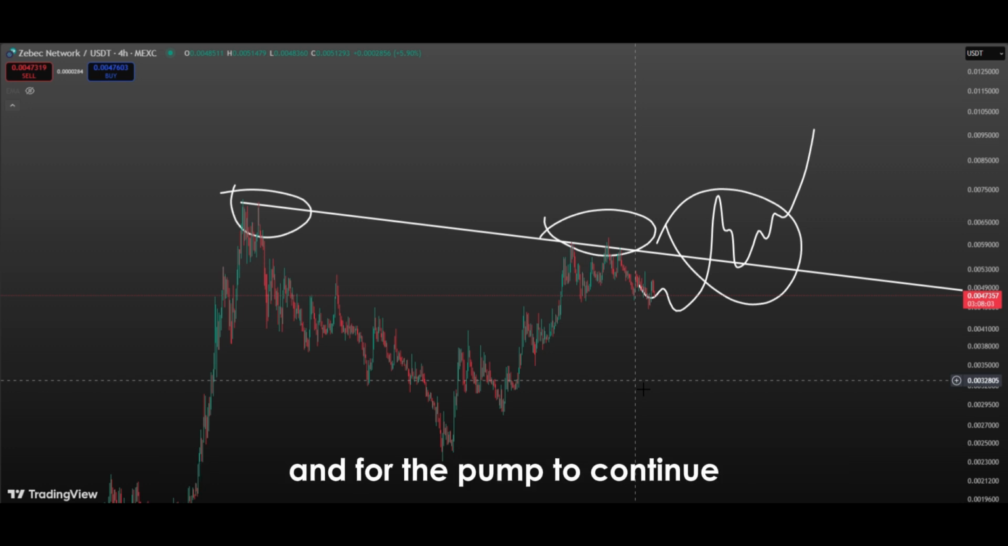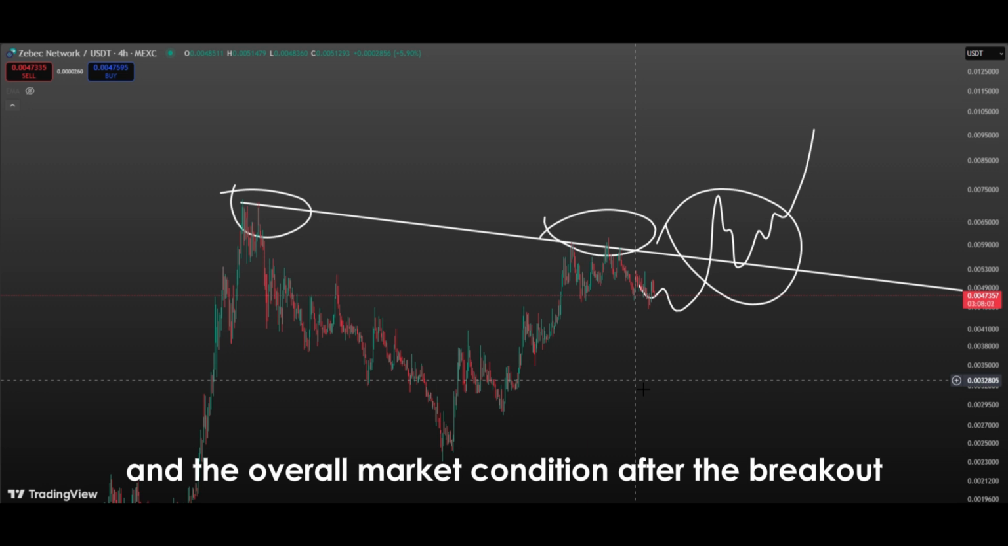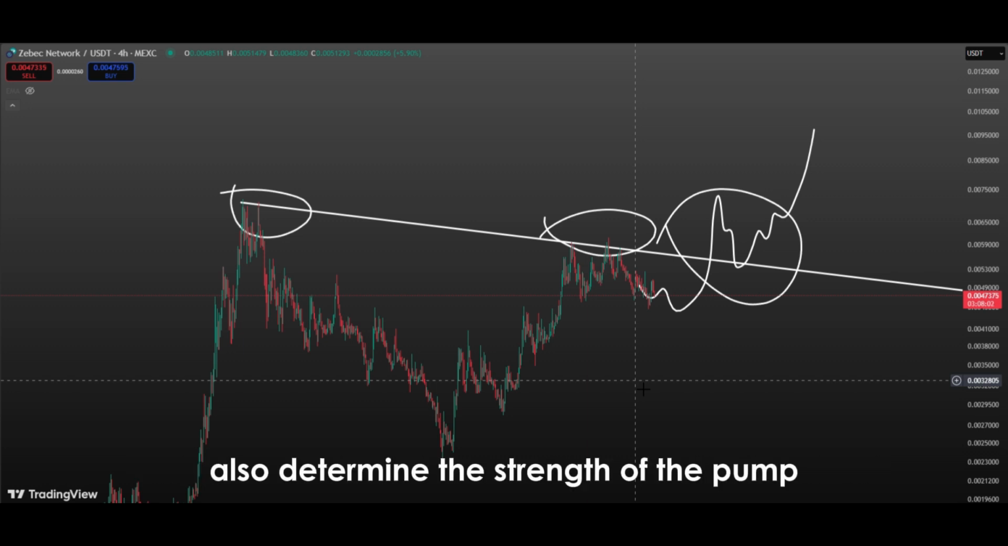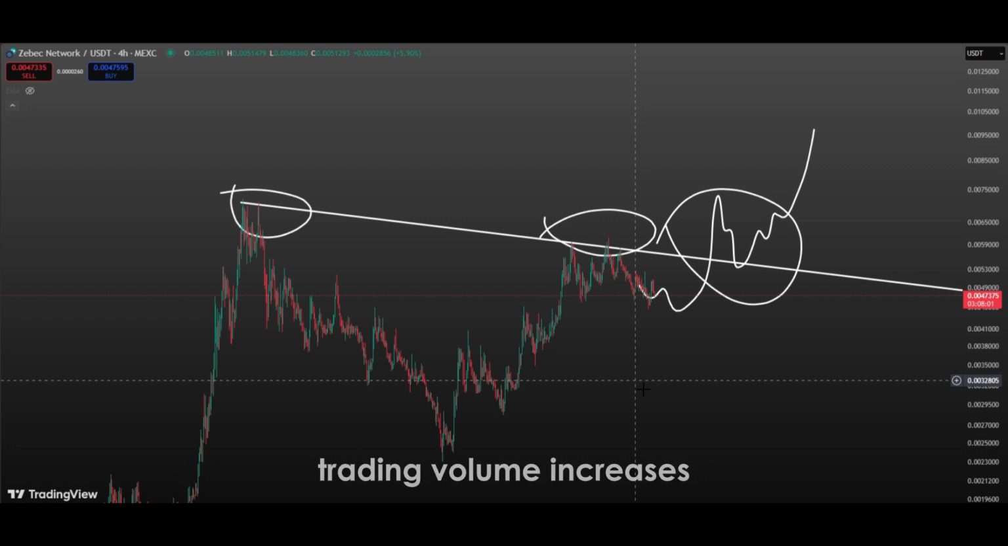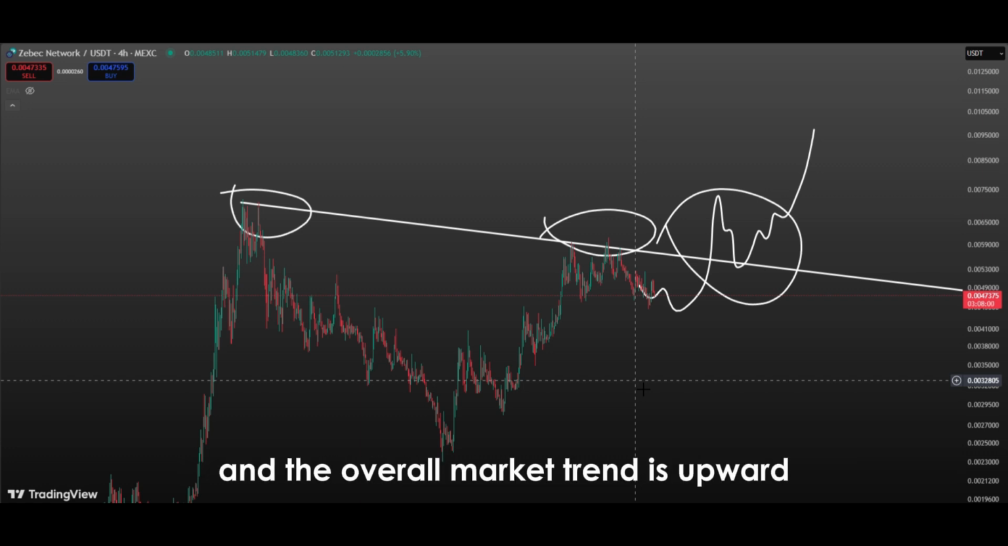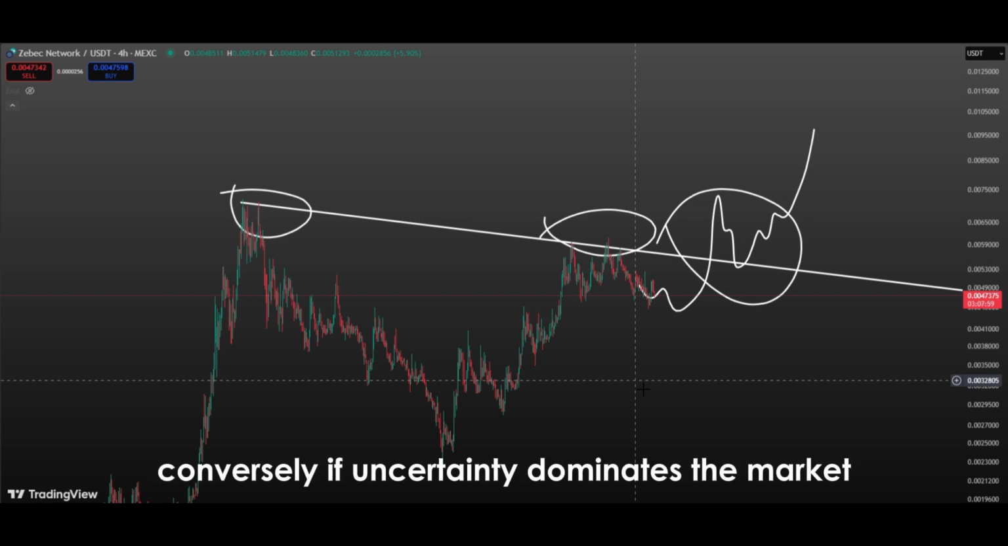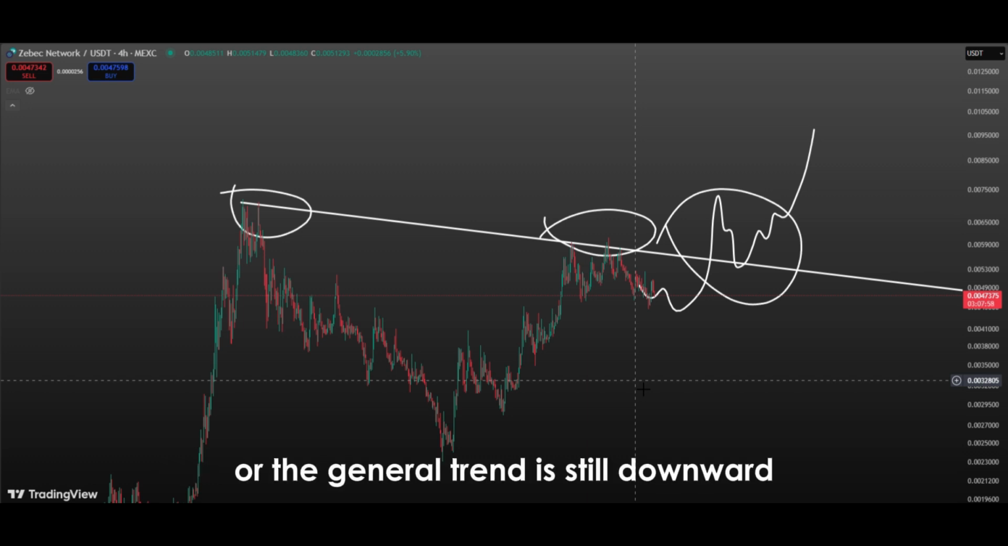the pump to continue. In addition, the news flow and the overall market condition after the breakout also determine the strength of the pump. If positive developments occur in the market at the time of the breakout, trading volume increases, and the overall market trend is upward, the pump will be faster and stronger. Conversely, if uncertainty dominates the market or the general trend is still downward, the pump may be limited. Therefore, when a descending trend is broken, investors should pay attention not only to technical signals, but also to the